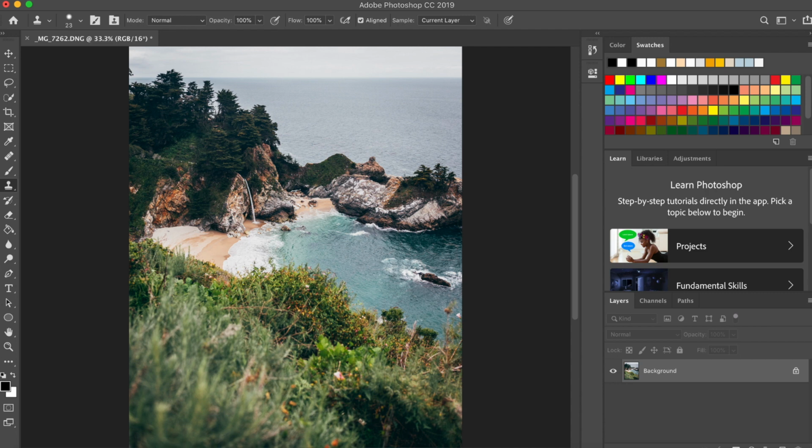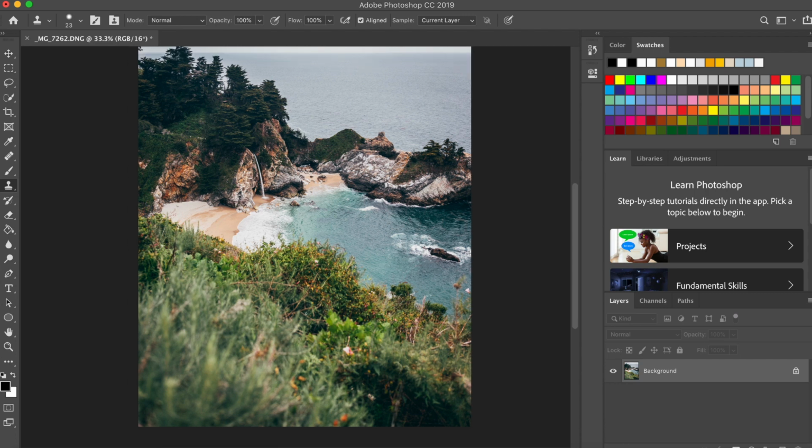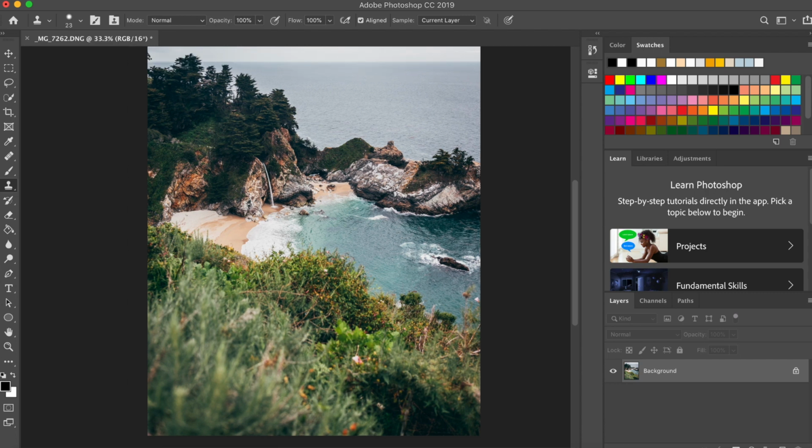Depending on the mood, sometimes I will go through and get rid of all the dead branches so that it looks completely green, and I'd pull this greenery down into this dark area to fill that in, but I'm not going to do that. That's for another video. You guys get the idea, you see what I like to do and why. One other thing that sometimes I do is clean up the beaches